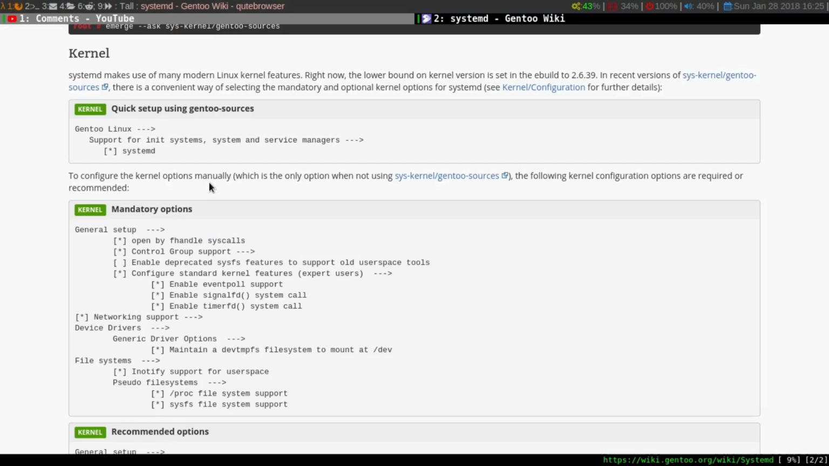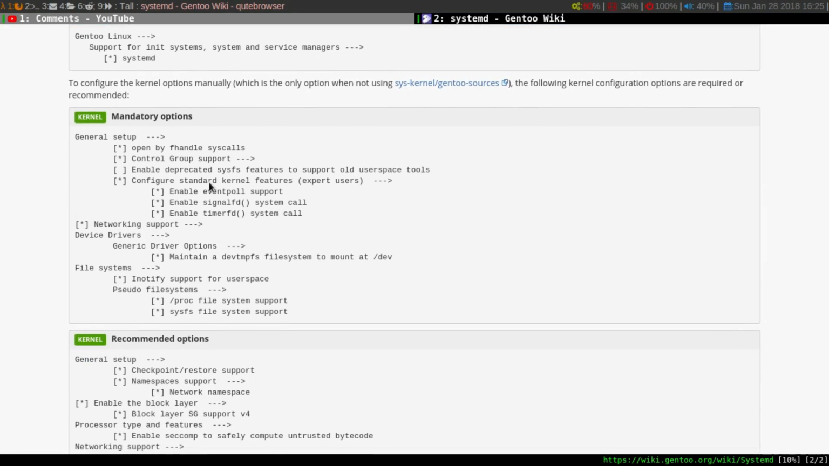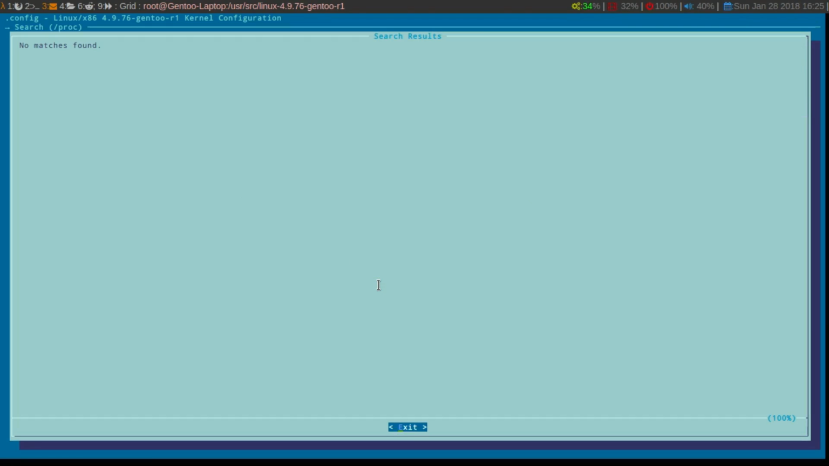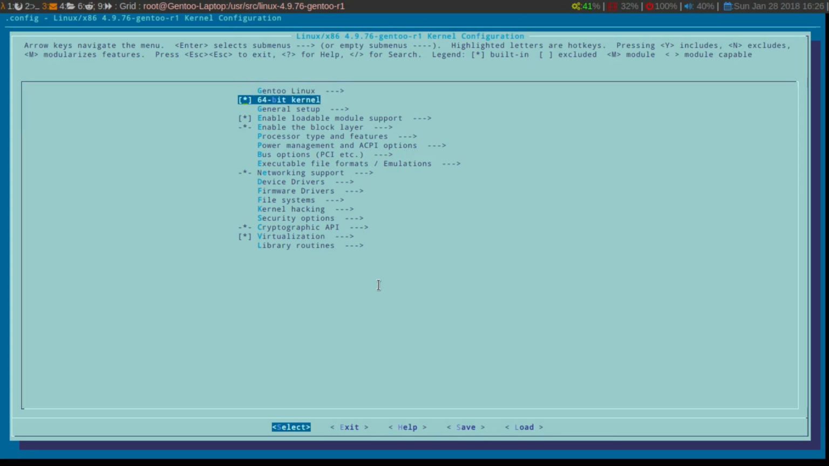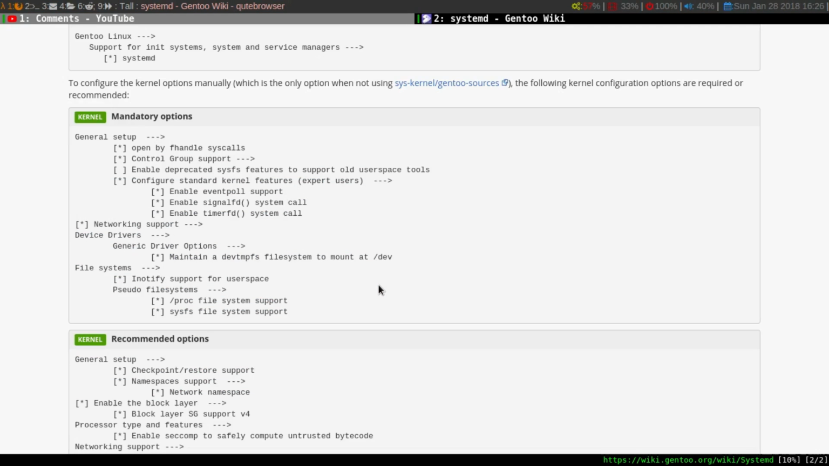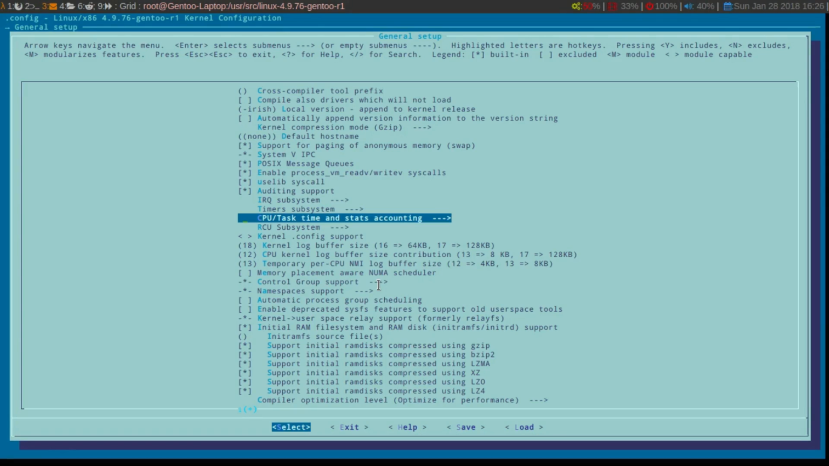Now we're going to go back. This is the tedious part of the whole process of moving to SystemD. General setup, a lot of this stuff should be installed already, so I'm just going to be doing some searches here. Sorry, proc. Alright, so we're going to go general setup. Okay, actually we're going to go to